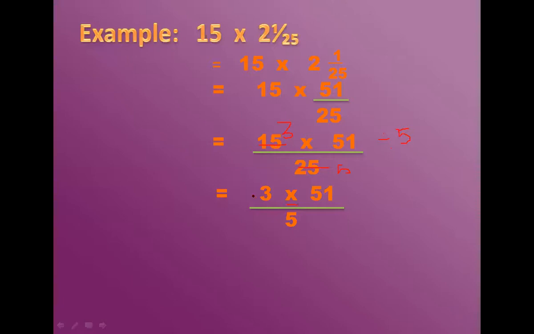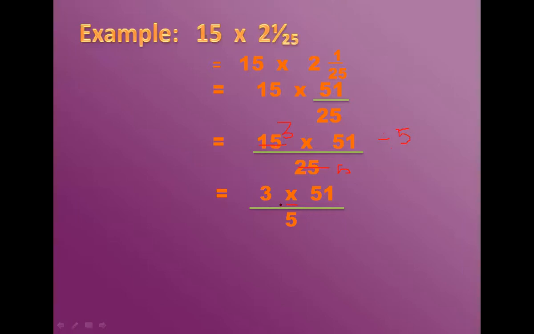So what you have to do, you have to multiply 3 by 51. You can only reduce a numerator along with a denominator. You will never reduce a numerator with a numerator. Reduce means to cancel something or reduce something. Now if you look very carefully here, you cannot further reduce any number.